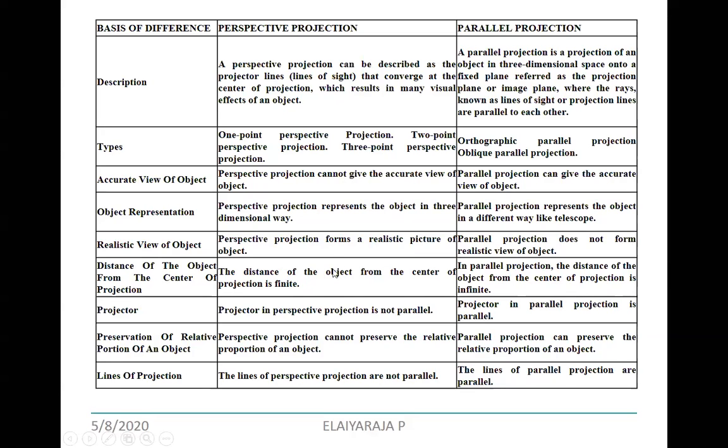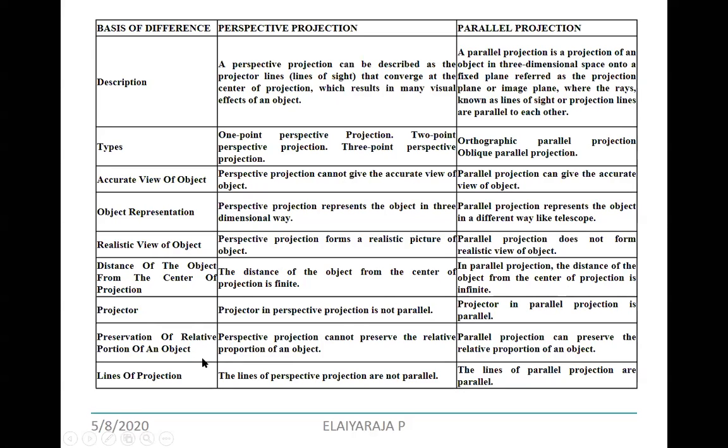The distance of the object from the center of projection is finite here, whereas in parallel projection the distance of the object from the center of projection is infinite. Why? Here we consider the direction of projection. And the projector in perspective is not parallel, and here it is parallel.